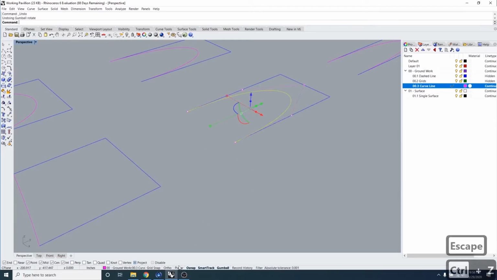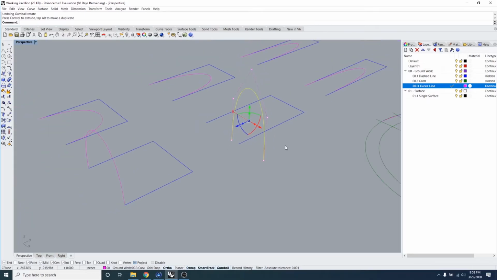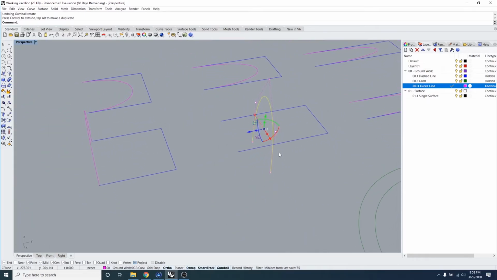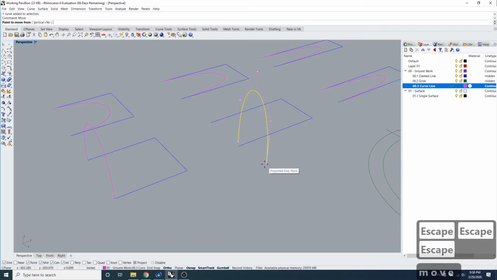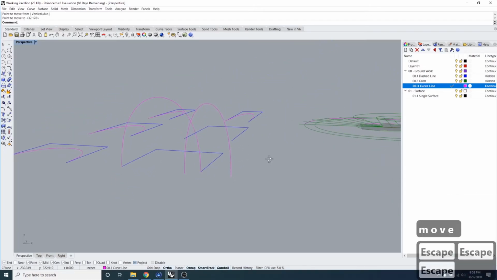So let's just bring ortho back, because we want to be a little bit precise when we're using the gumball. So I'm going to rotate it up. Red means the X direction, and the other colors mean the Y and Z. Now that I have it that way, all I can do is just move this object to the right place in there. You can see it didn't move on